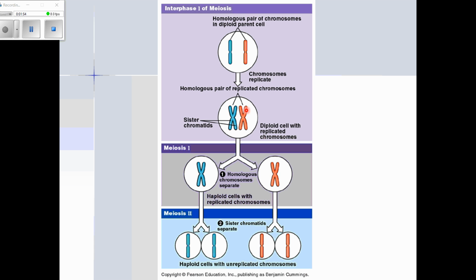But in the first half of meiosis, the pairs of chromosomes separate and end up in separate cells. So remember, each of these cells is a haploid cell. Each of these cells will have half as many chromosomes as the original cell. And then there's another round of meiosis, the second half of meiosis, where each of these cells splits again, and we end up with 4 haploid cells, each of which has half as many chromosomes as the original cell,